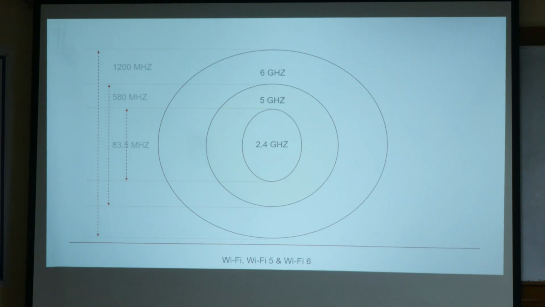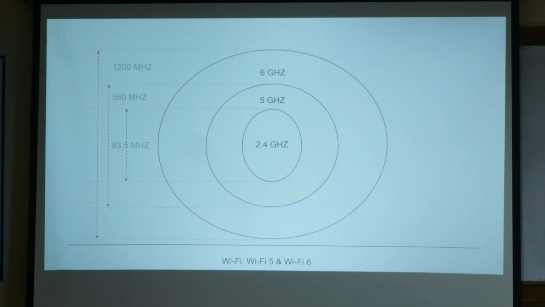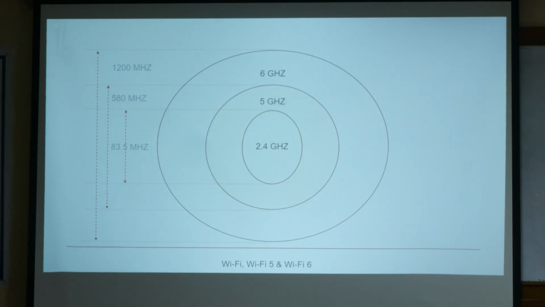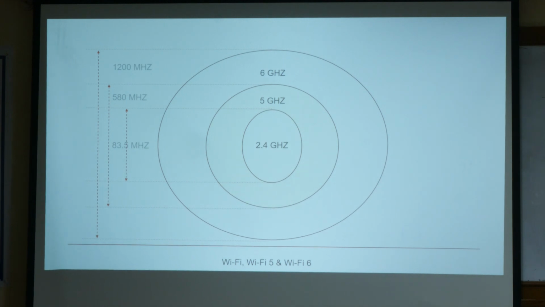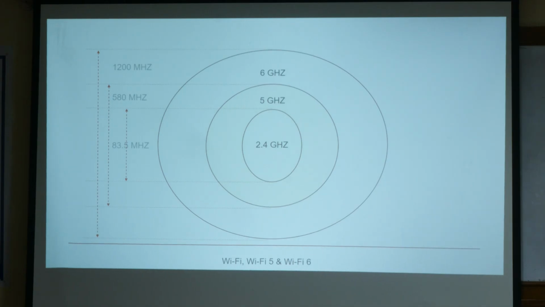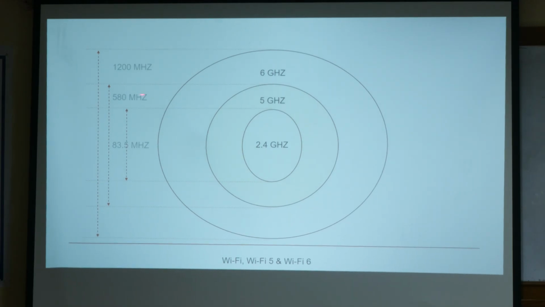if you have a movie, you can download it within less than a minute, right? The movie will be around 1 gigabit in size, or less than 1 gigabit. So you can get a normal movie downloaded in 0.8 of a minute. And if it is more than 1 gigabit, it takes 1 second to download the complete movie. So it is as if you are watching the movie and it will not stop in between. The movie will run at a faster rate. And at 5 gigahertz, you get around 580 megahertz, and this is